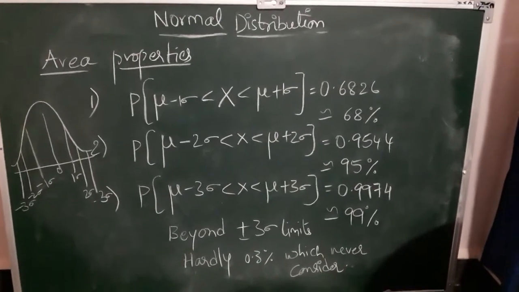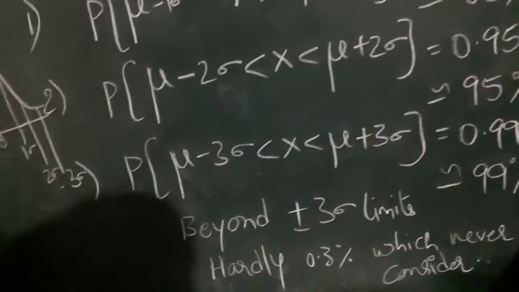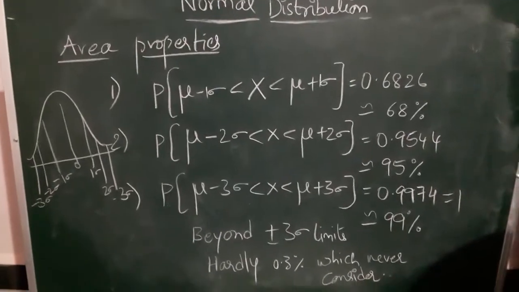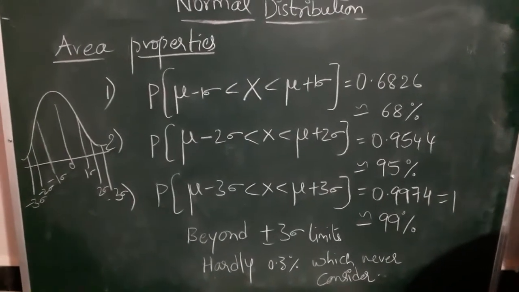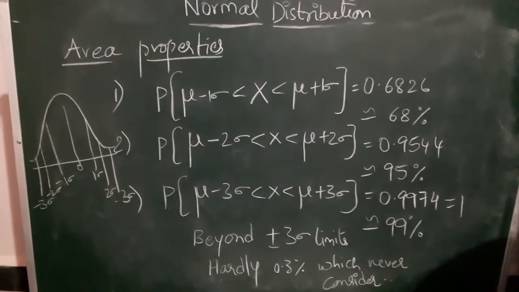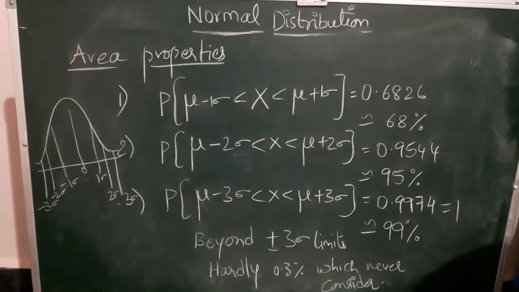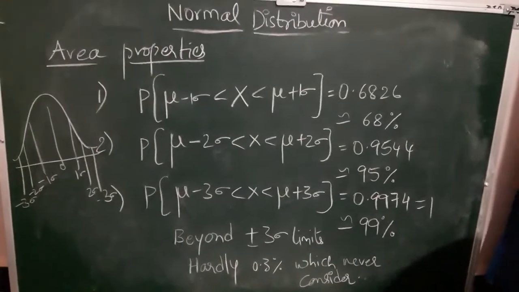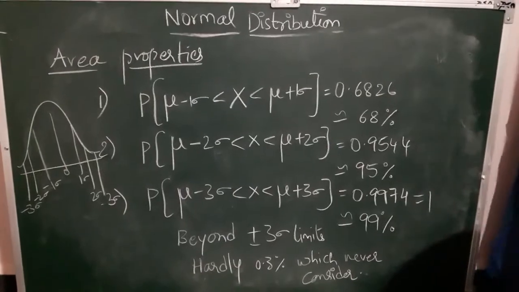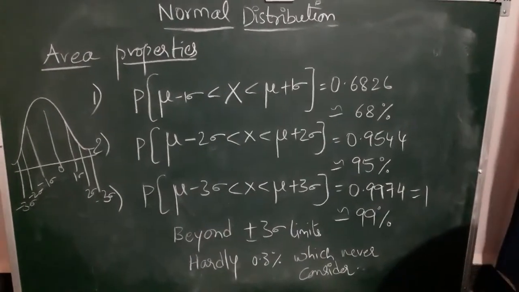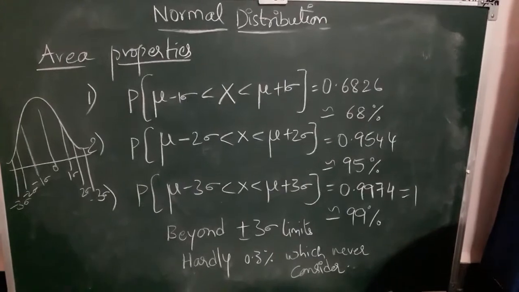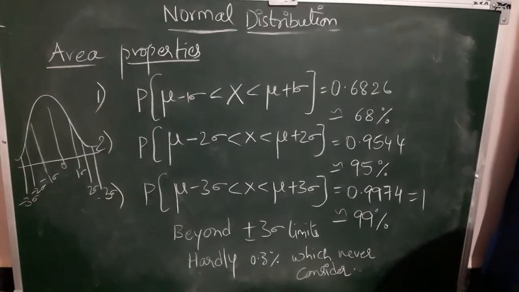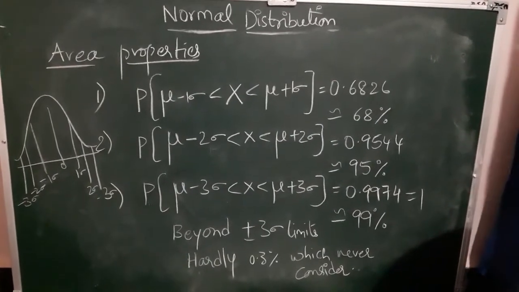So the total area under the normal curve, 0.9974 in terms of number, what will it become? This will become 1, right? What is the total area under the normal curve? 1. So that 1 lies between which limits? Plus or minus 3 sigma limits. Remember, these three properties are very important. Even 5 mark problems they may ask. Later I am going to prove all these three properties. With this I am going to end the properties of normal distribution.